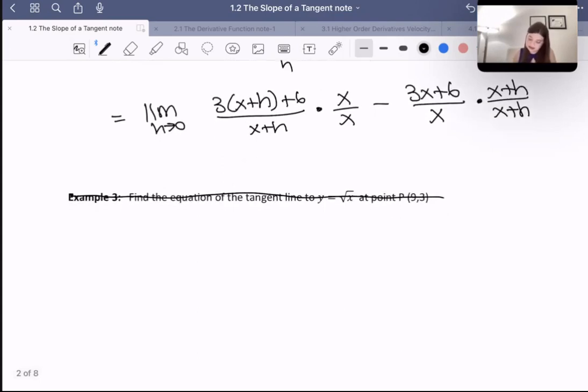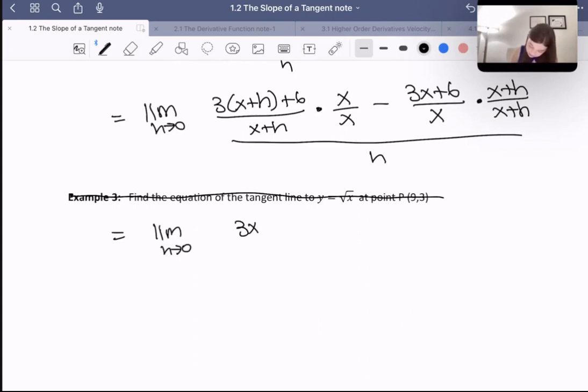I'm just going to continue on because we don't have a lot of space. As you'll notice now, all of my denominators are about to be the same, and that's exactly what I would like. Okay, so now let's continue. Here we have limit as h approaches 0, 3x plus 3h plus 6 times x over x times x plus h. And then over here we have